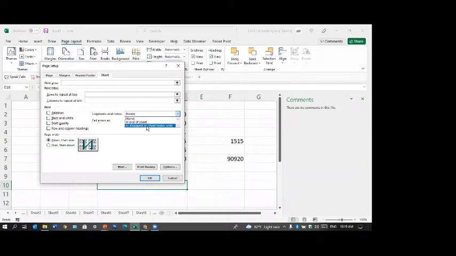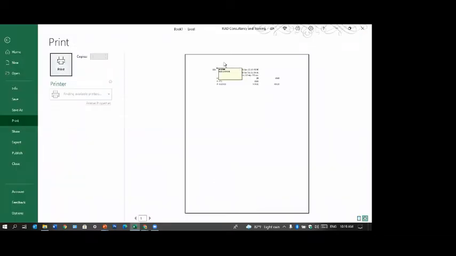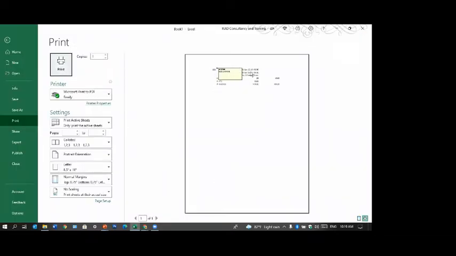But for this one, you have to first display it on the sheet and then come here. You know what I mean? So there are two steps if you want to show it like this. But for the other one, it doesn't matter. If I say as displayed on sheet, and if I say print preview, when you print it, there you can see the note like this. Only it covers the other things. So it's not advisable to print like this. Unless the things which are getting covered are not important, it's okay.